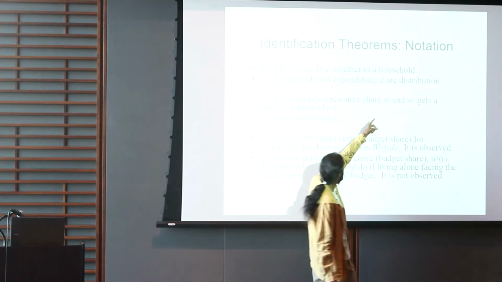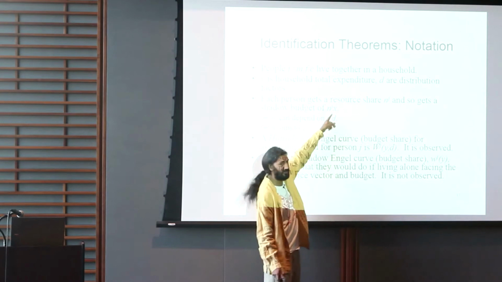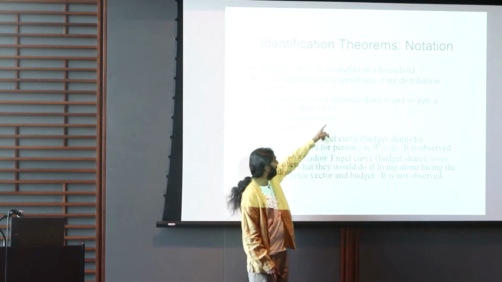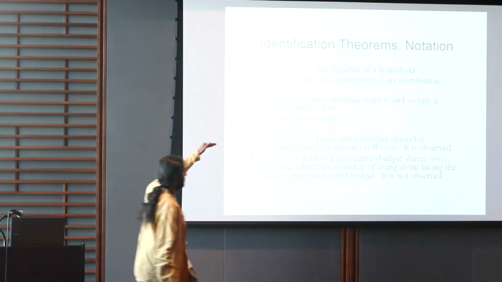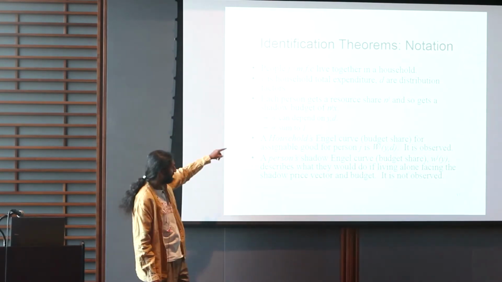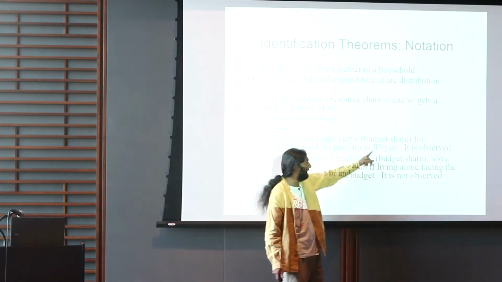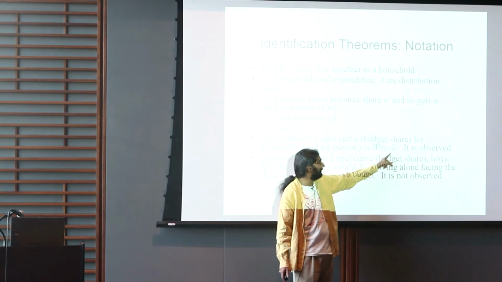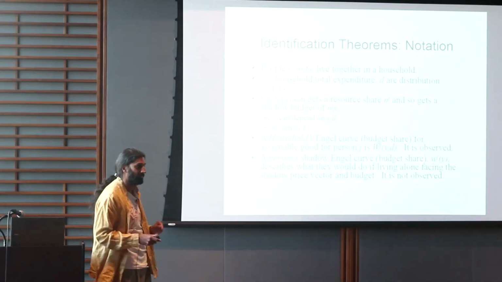Each person is going to get a resource share, eta superscript j, and a shadow budget then of eta^j Y. Sorry, I apologize. The resource share eta^j can depend on Y and D. It can depend on these distribution factors, also on the household budget, and they sum to 1. The household's Engel curve, or budget share function for an assignable good for person j, is going to be capital W^j, and the only things in the model so far are the budget of the household and these distribution factors, and this thing's observed. But it's going to depend on what an individual would do if faced with some kind of budget constraint.